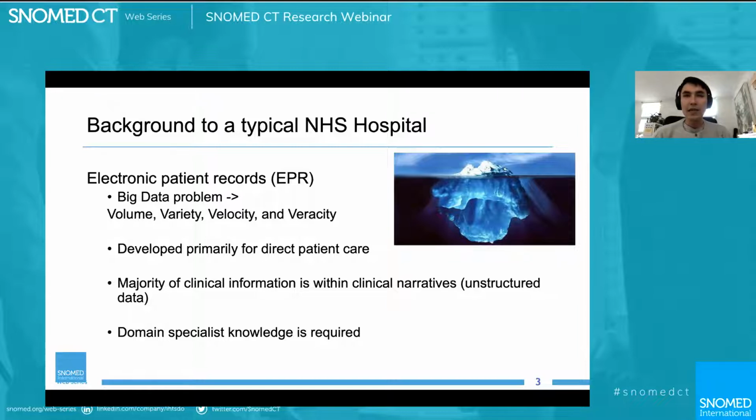The reason for this is that the majority of clinical information is held within clinical narratives, the unstructured texts or patient letters, doctor letters about the interaction with the patient, so that the patient can read. It's a lot easier and better at capturing the flexibility of everyday conversation, doctor to doctor or patient to doctor communication.